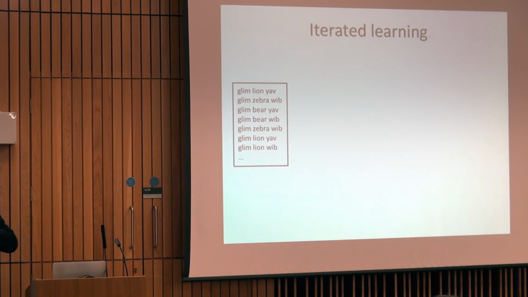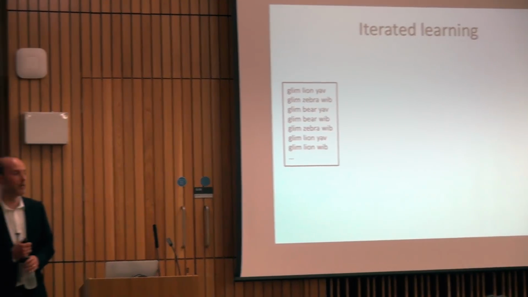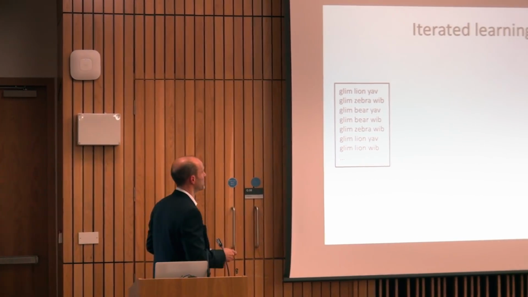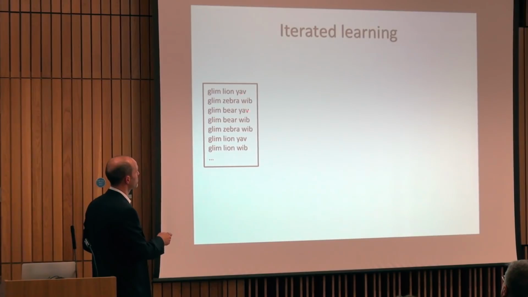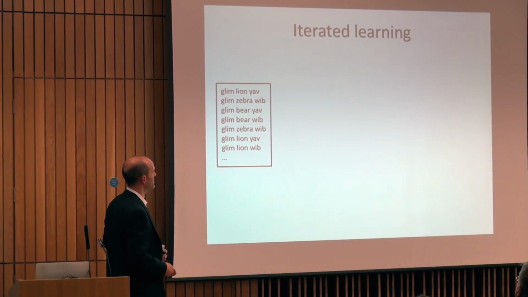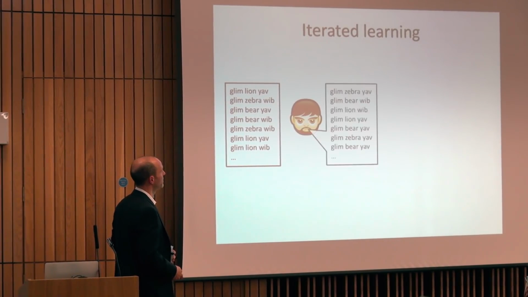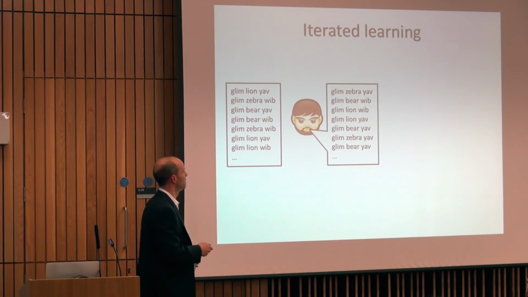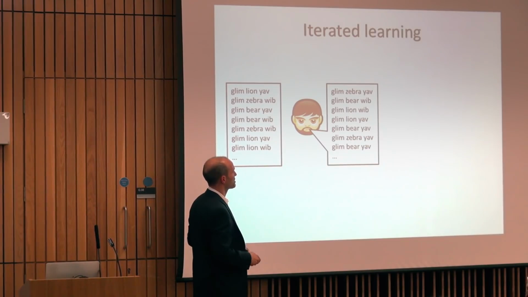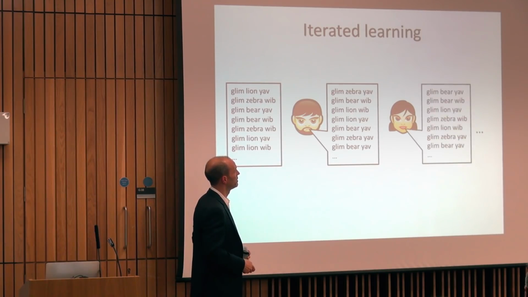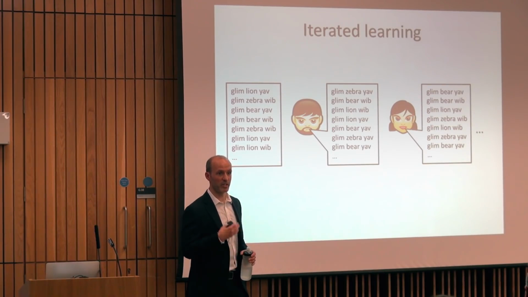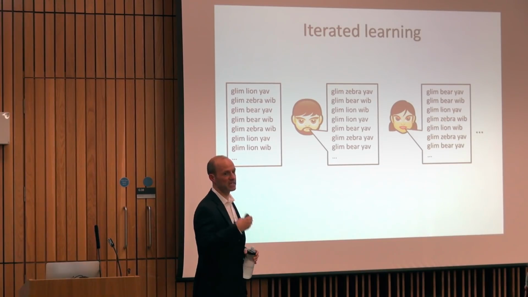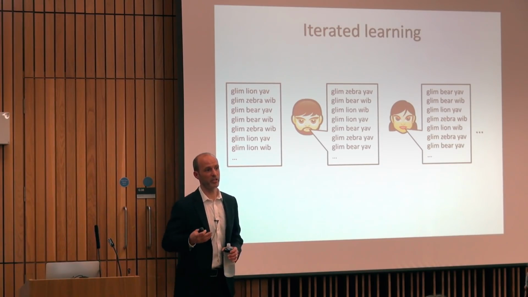Okay. And then we plug that into this iterated learning setup. So we have an initial language that we designed that just has this one little bit of messiness, two ways of marking plurality in this case. We get our participant to learn it, and then they produce a new version of the language for us to the best of their ability. And then we take this language that our first participant produced, and we use that as the target for learning in a second individual. So she's trained on the descriptions that this guy produced, and she produces a new version of the language to the best of her ability, and we take that and pass it on to a third participant in a chain of transmission.